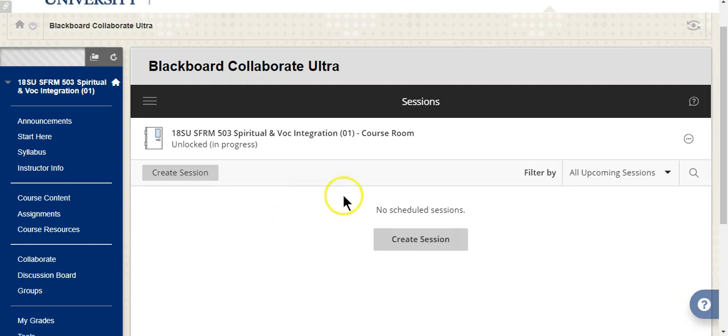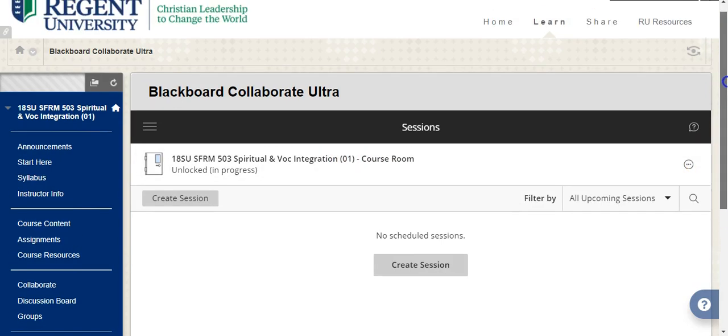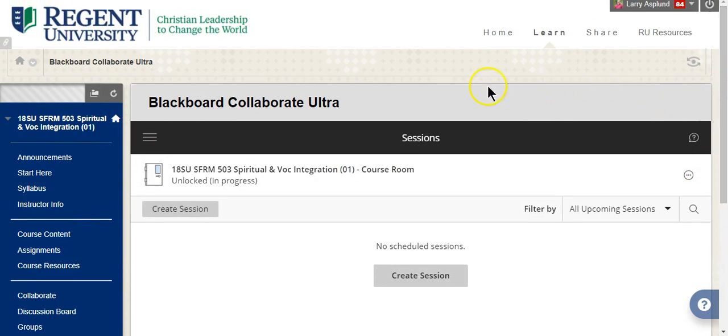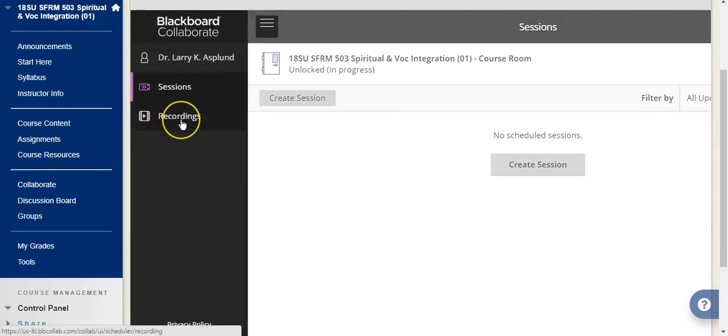Once you find yourself in the Blackboard Collaborate area of Blackboard, you will access the room here. I wanted to show you over here, there's a menu on the left-hand side where, once I've recorded it, you can access the recording of the session from this spot on the menu.